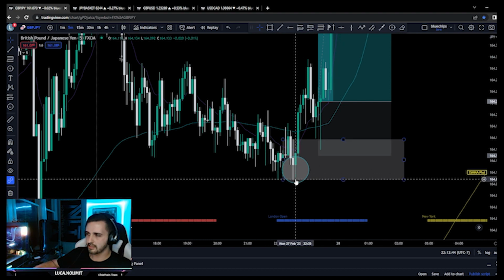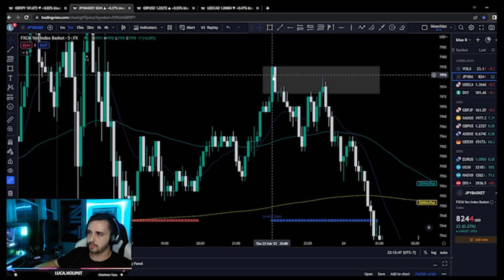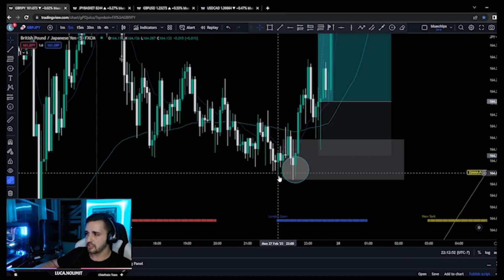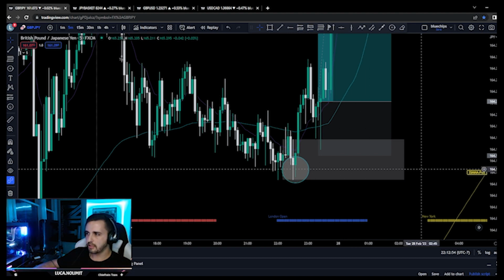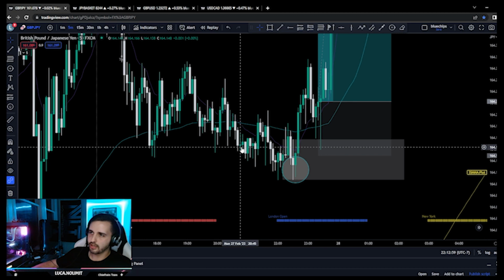So then you wouldn't want to sell in this area, because once again the JPY basket already had its push up. So for it to push back down and it already have that momentum, and then GJ's already at lows, it's possibly going to get that little push. So once again, just a little confluence to have of maybe I should get in this trade and wait until they're both kind of